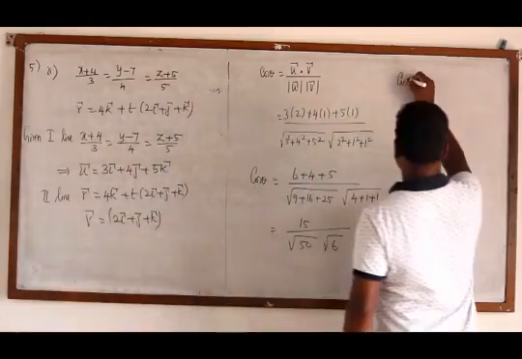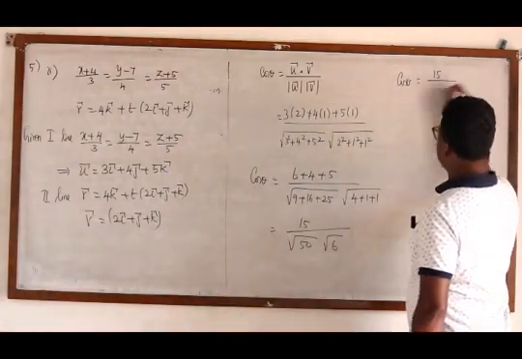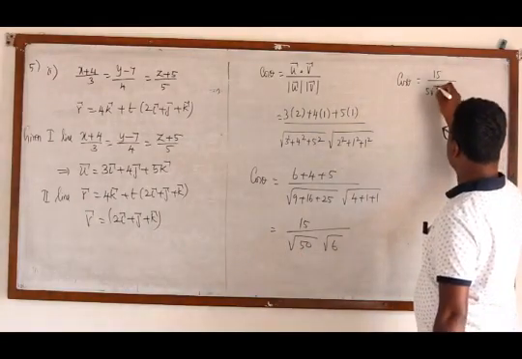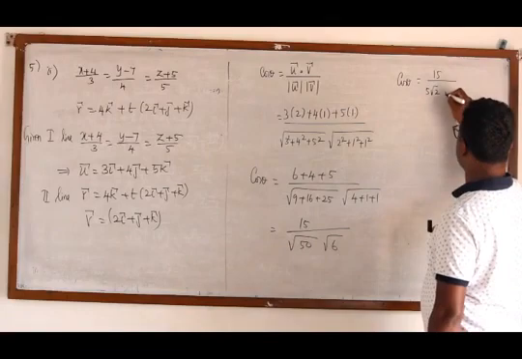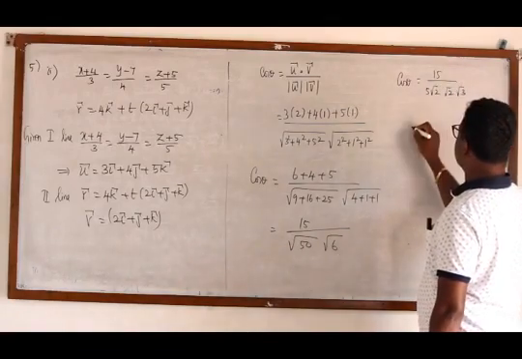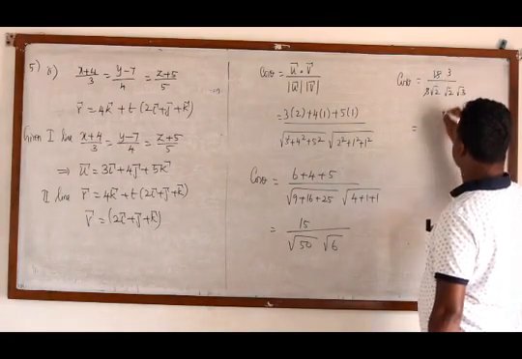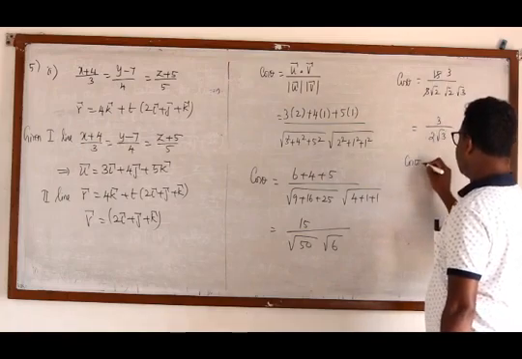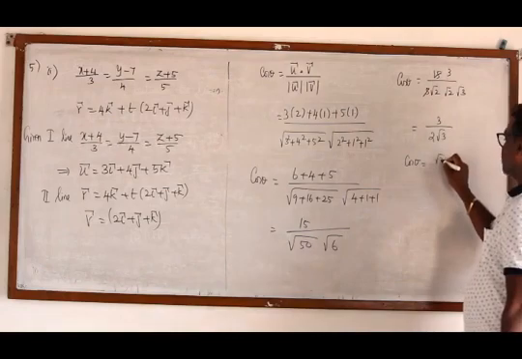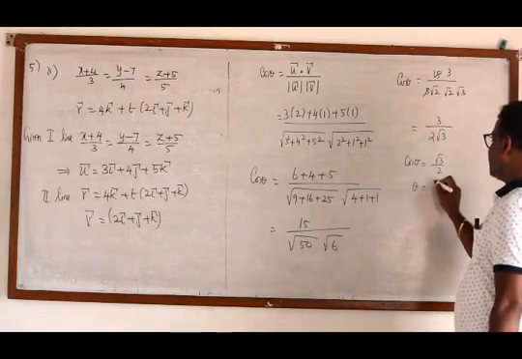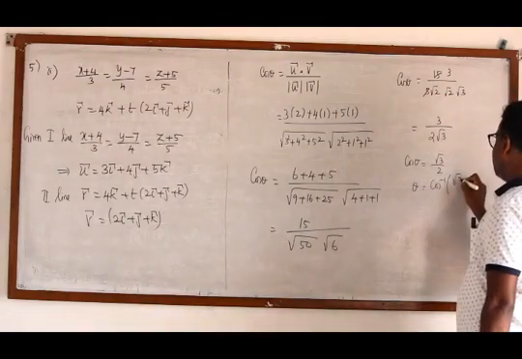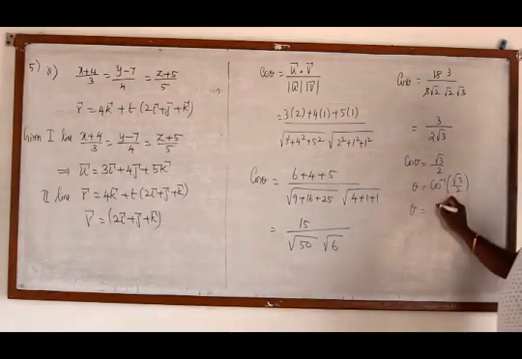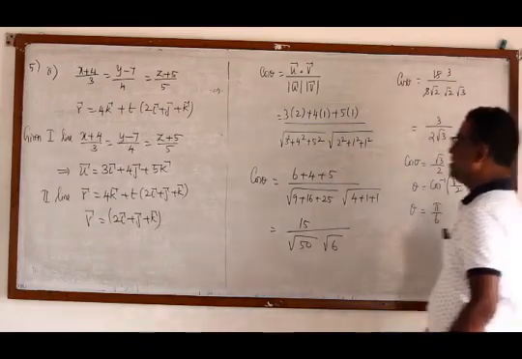Shall I write this as cos theta equals 15 by root 50, which is 25 into 2, so it is 5 root 2. This again is root 2 into root 3. Then 5 and 15, 3 times, so 3 by 2 into root 3. So our cos theta is 3, and root 3 cancels, giving root 3 by 2. Therefore theta is cos inverse of root 3 by 2. When will cos be root 3 by 2? 30 degrees, which means pi by 6.